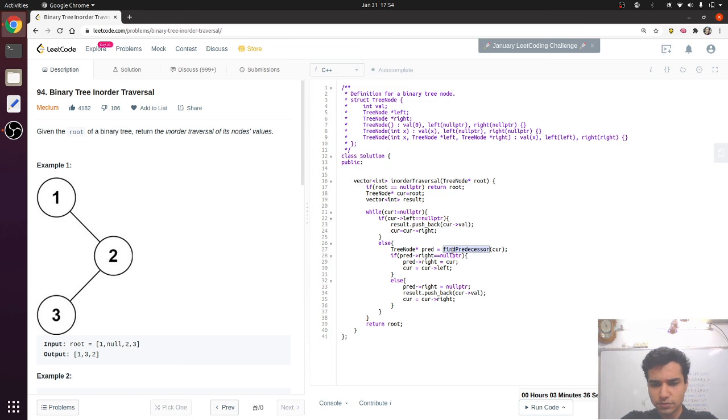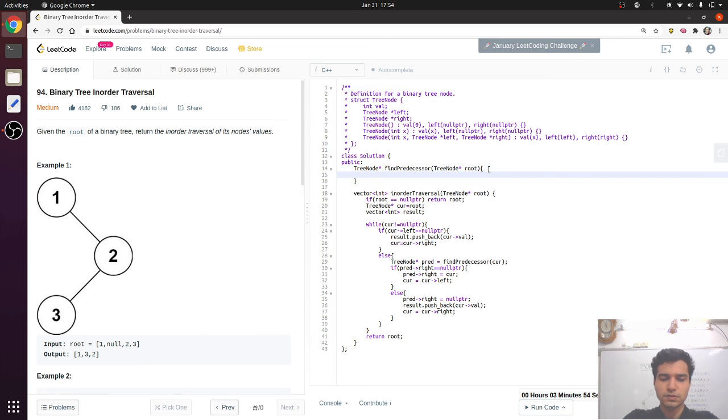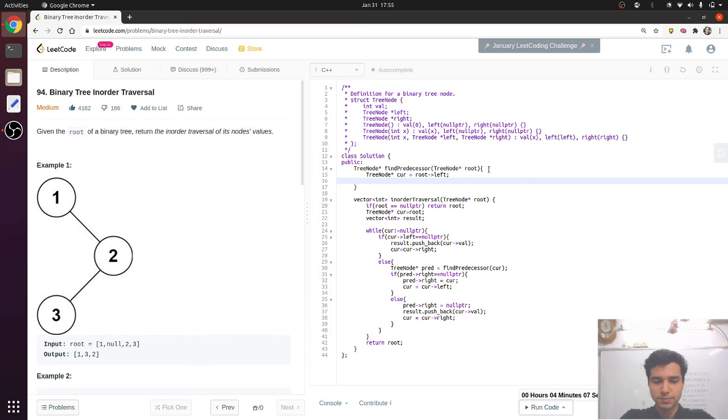Now I need to do this find predecessor function. So here, root's left node's rightmost node would be its predecessor.